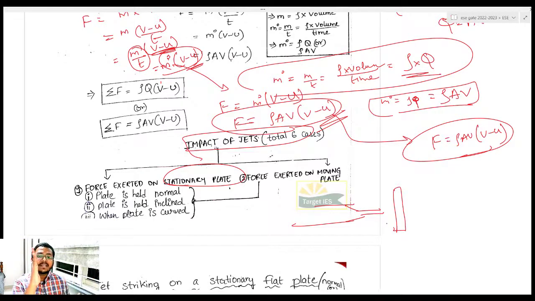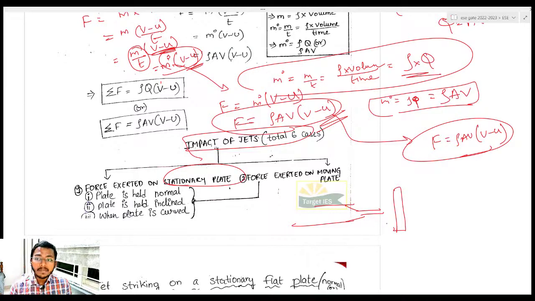So if the plate is something like this, normal, and the water is coming and hitting it, how much force is exerted on this plate? That is the first case. Second case, water is coming and the plate is inclined. In this case, how much force is being exerted on this stationary vane,